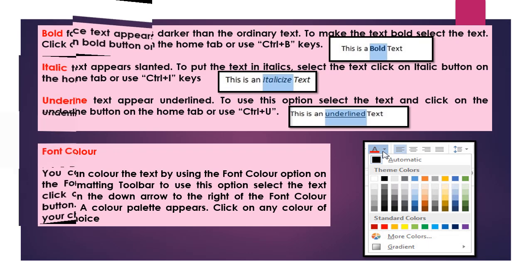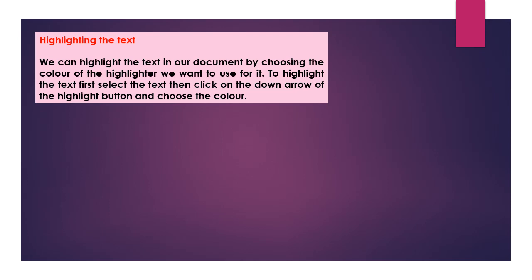Highlighting the text. We can highlight the text in our document by choosing the color of the highlighter we want to use for it. To highlight the text, first select the text, then click on the down arrow of the highlight button and choose the color.